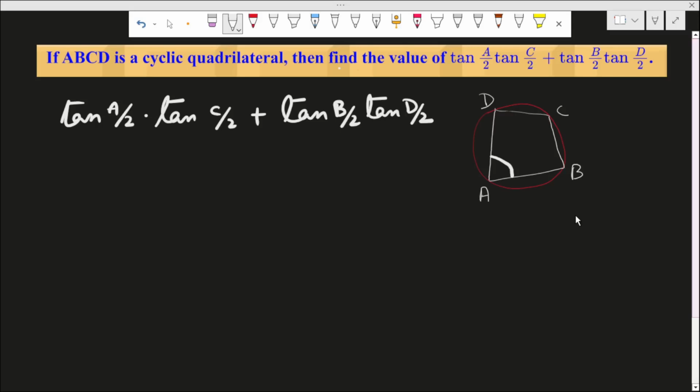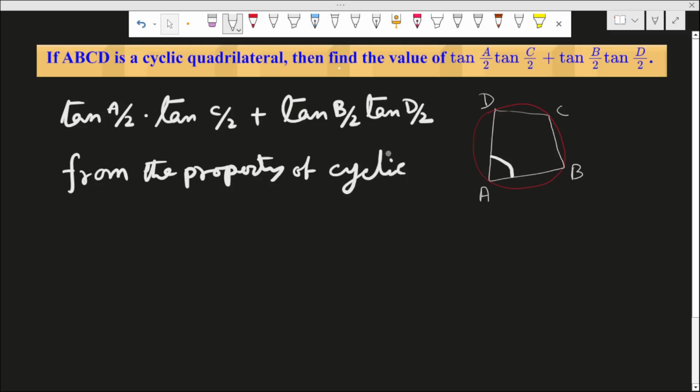To get the value, we have to relate A, C, B, D of ABCD such that we get a numerical value. For that, we have to use the geometrical property. There is a geometrical property of a cyclic quadrilateral, that is, in a cyclic quadrilateral, the sum of the opposite angles is 180 degrees, or the opposite angles are supplementary. Therefore, from the property of the cyclic quadrilateral,